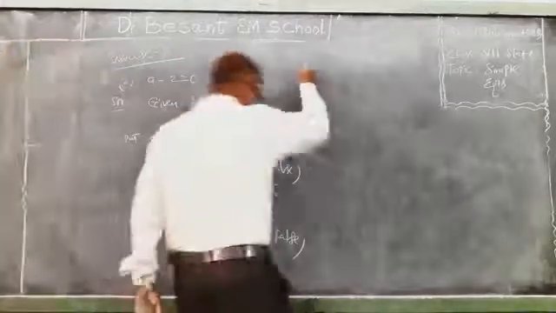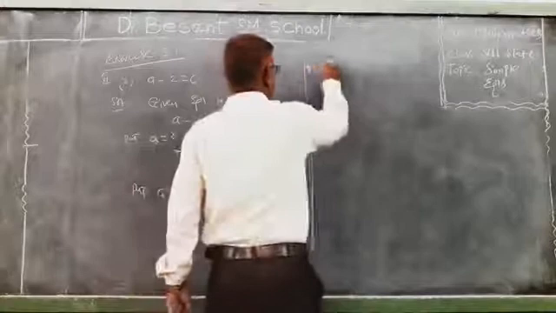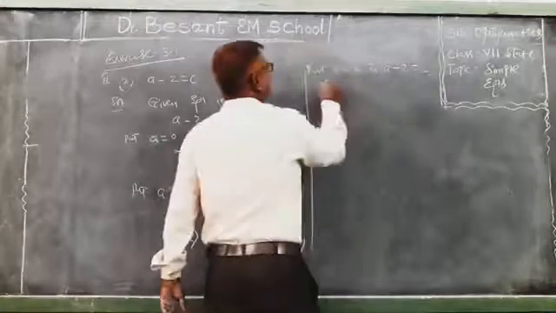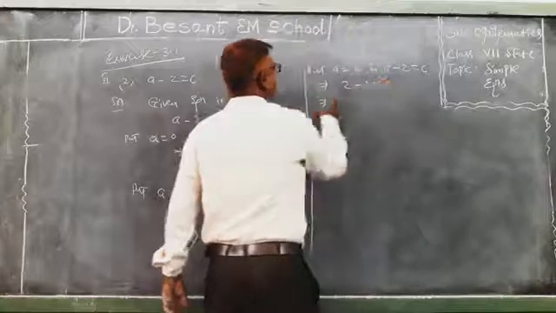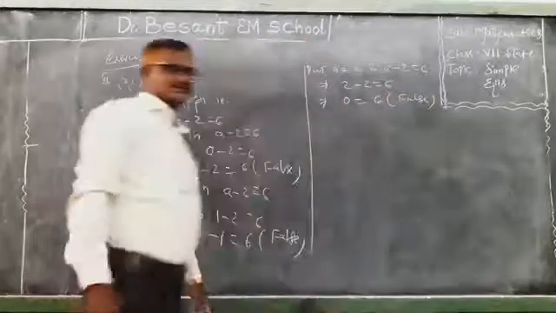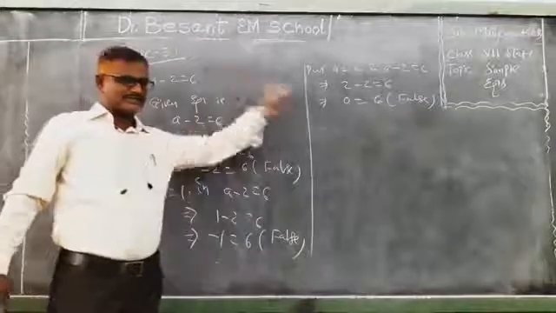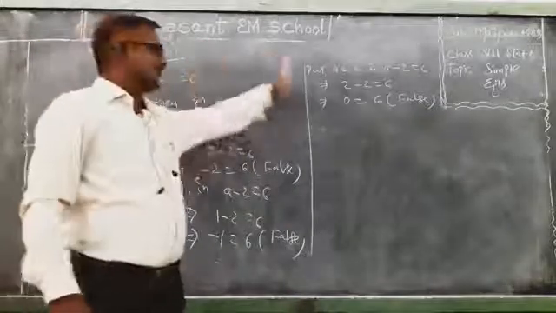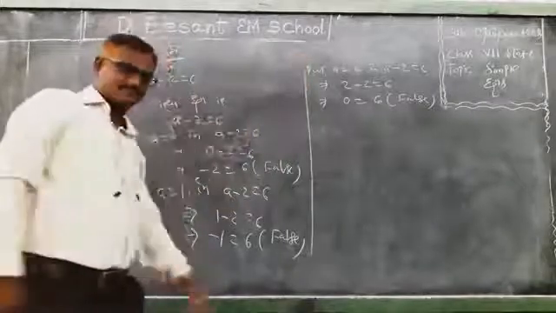Yes, you go for a equal to 2. Put a equal to 2 in the equation a minus 2 equal to 6. a means 2 minus 2 is equal to 6. 2 minus 2 is 0, equal to 6, which is also false. After keeping a equal to 2 in LHS, we got 0. 0 and 6 are not equal. That is a false statement. So a equal to 2 is not a solution for that equation.